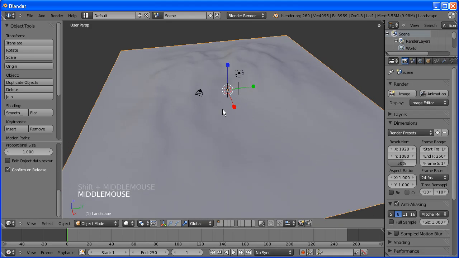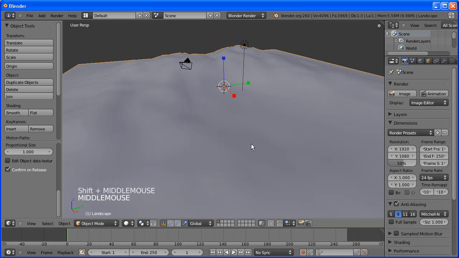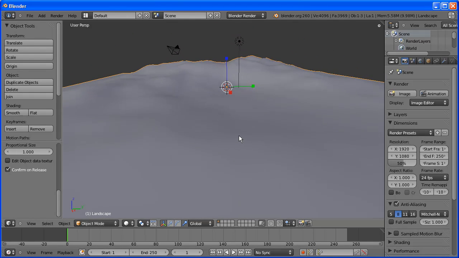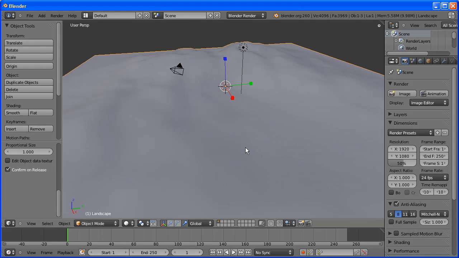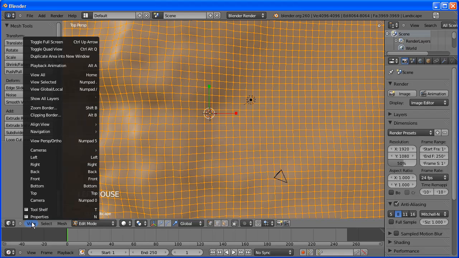And what I want now is a flat area to land our lander, so I don't accidentally have to worry about the lander legs sticking through the ground. So let's put this into edit mode here. Go to this menu, go to edit mode, and I'll press 7 on my number pad for a top view. You can also get here to this menu, view top,